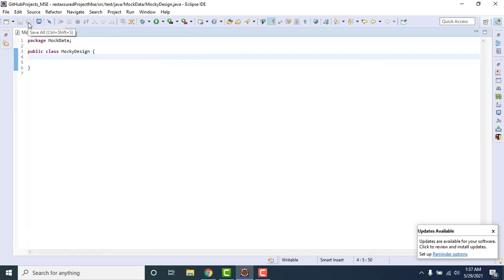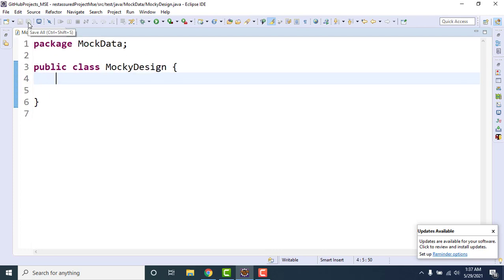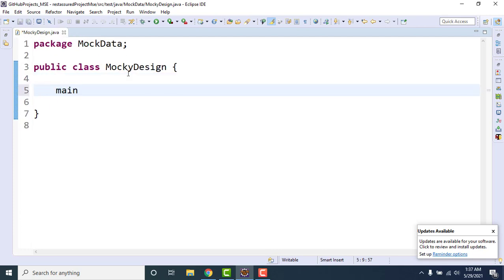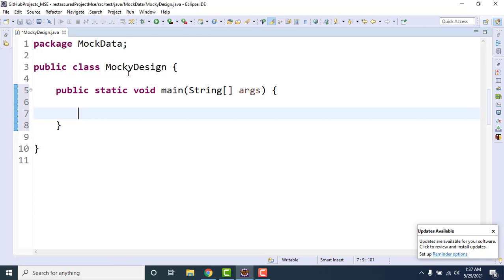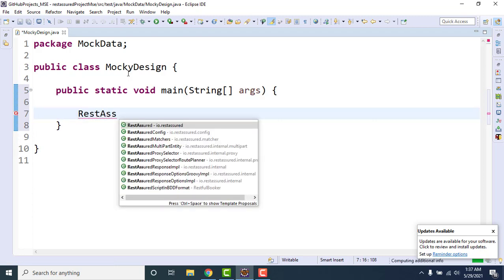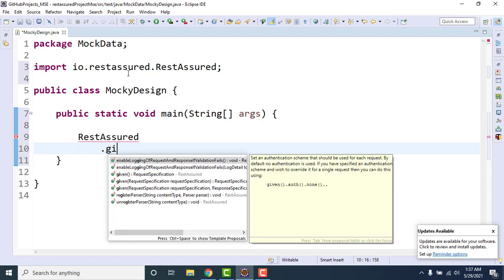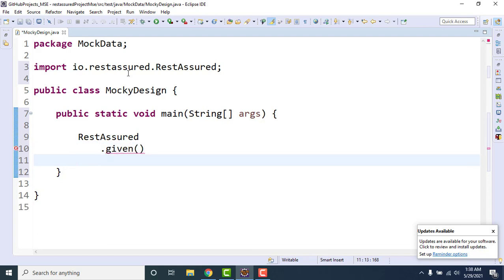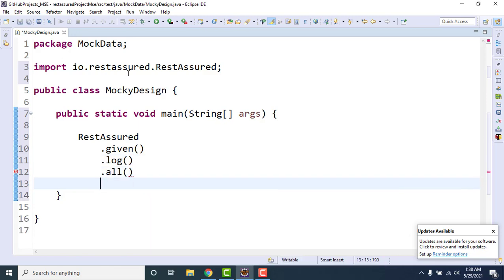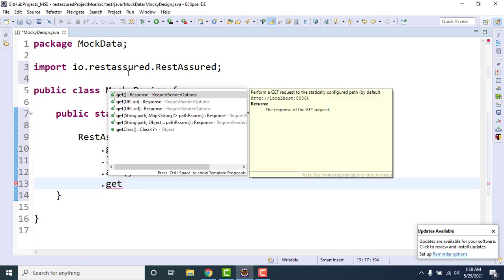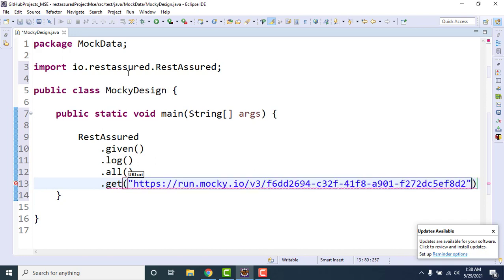Let me maximize it first. I hope you people can see. Let me put a main method. With RestAssured, the same syntax to start: RestAssured.given().log().all().get. We are not hitting the actual API here, we are simply mocking the response.